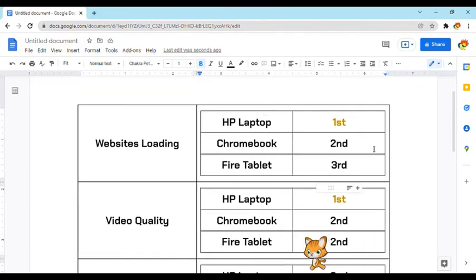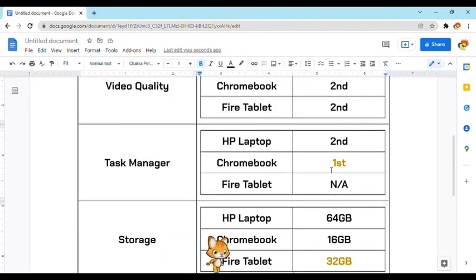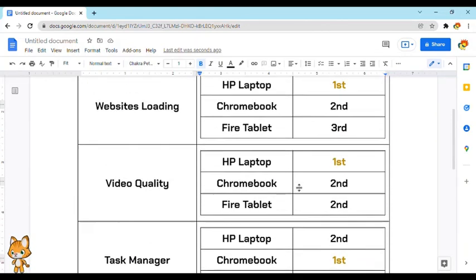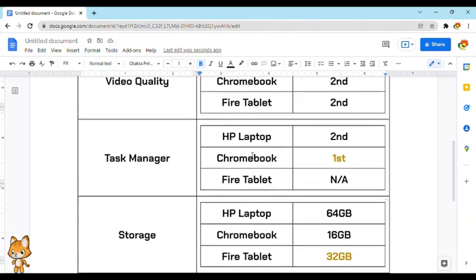So in conclusion, I think that my new laptop did the best in the test. I think it won most of the tests, except for the task manager, and technically it won storage too, but even though my Kindle has less storage than my laptop, I'll still give it to my Kindle, since Windows takes up a lot more storage and needs a lot more storage than a tablet. But a lot of the things, it's decently fast and it's pretty good. So